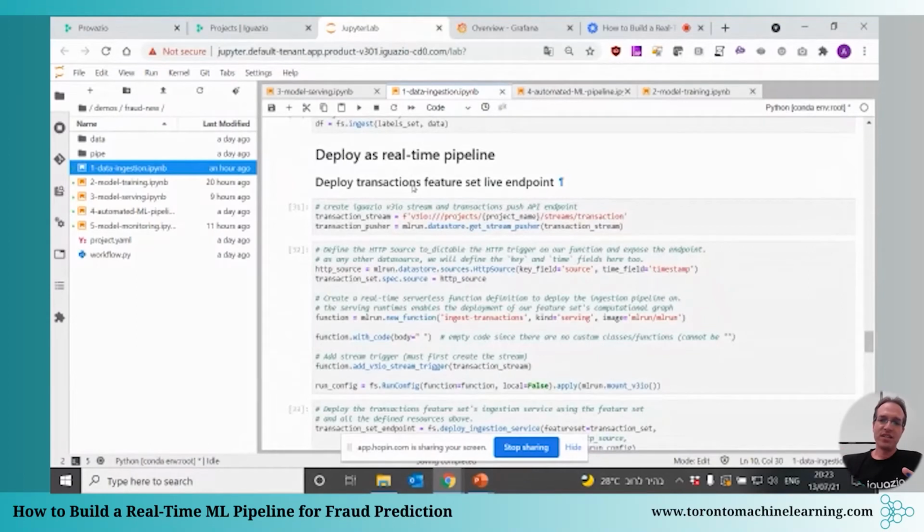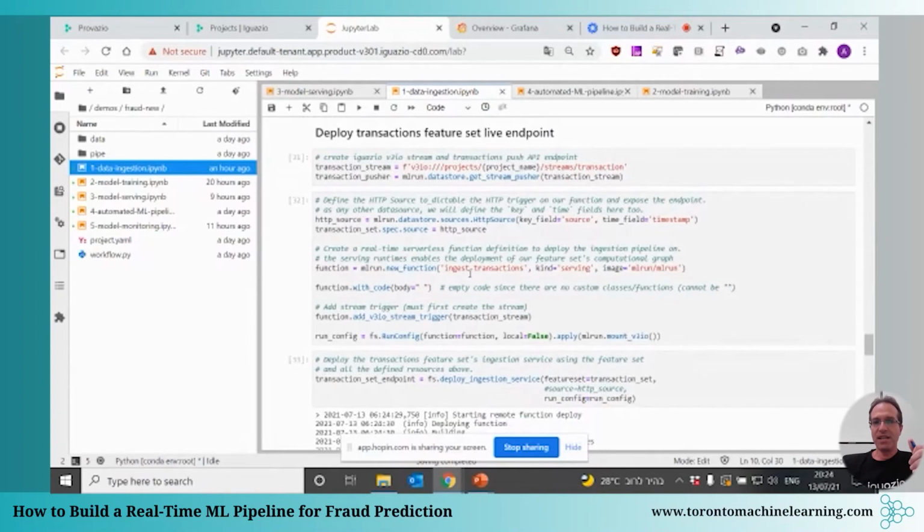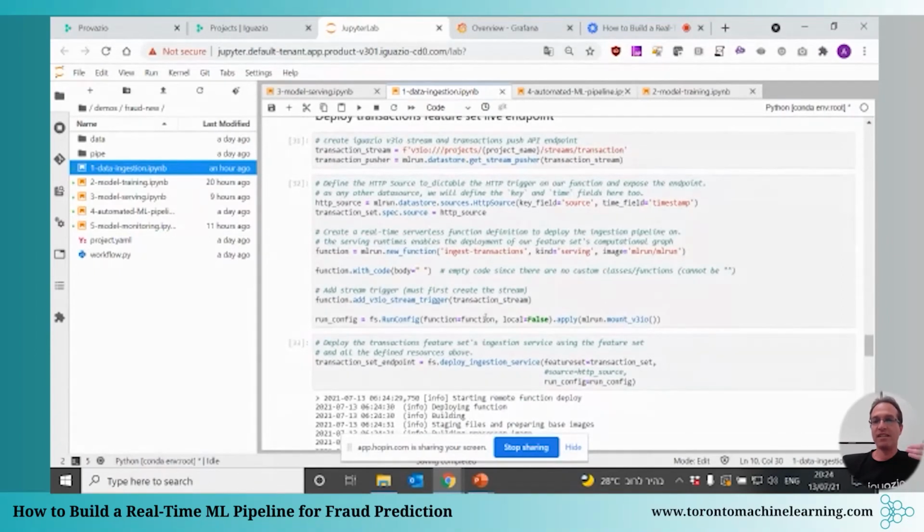So we have the transactions feature set, we have the events, we have the labels data set, and now the real magic comes. I want to transform that into something that can be deployed in production. I want to expose an HTTP endpoint or listen to events that are coming from Kafka or, in this case, Iguazio V3IO stream, but it's the same thing as in Kafka. The only thing that I need to do is basically to deploy that as a serving, as an ingestion service.